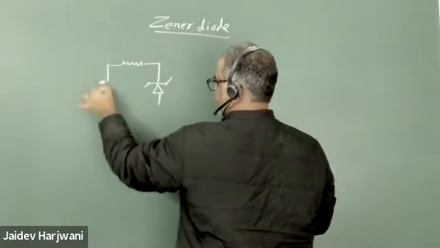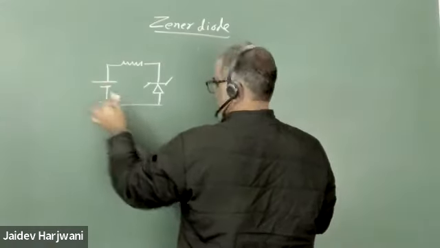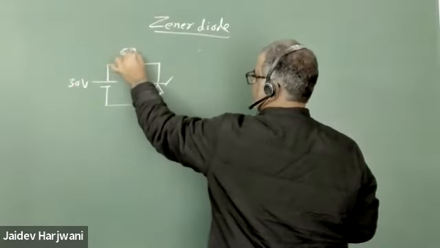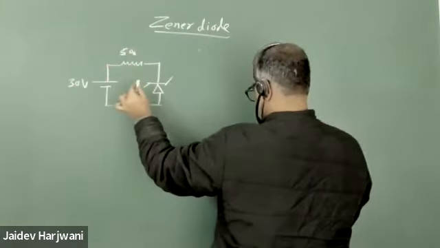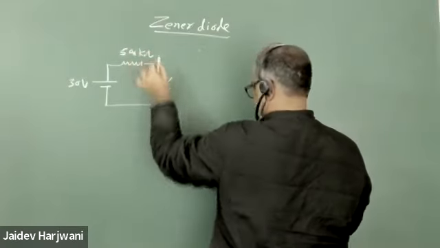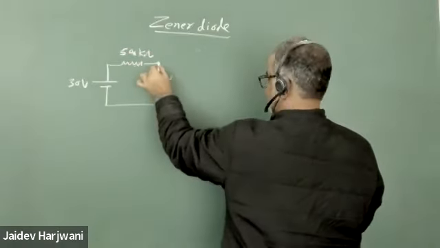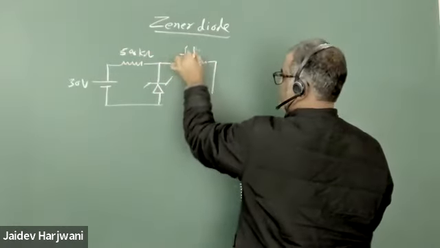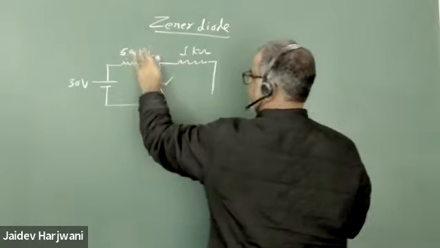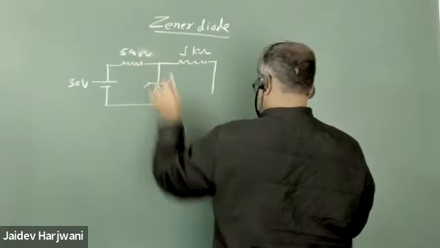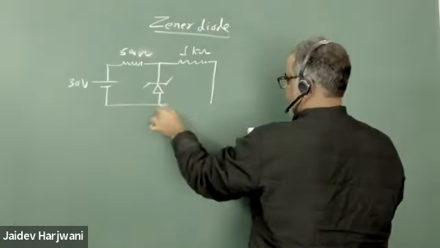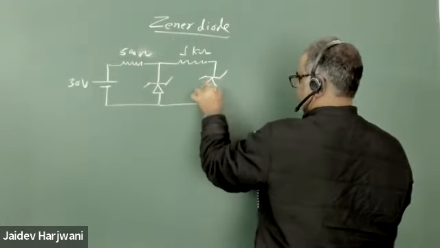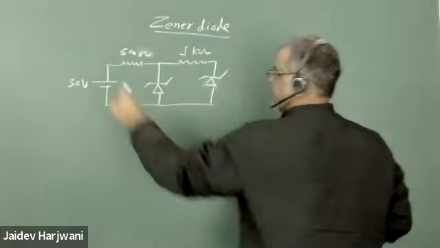We have this 30-volt battery, and you have this 500 kilo ohm, and then you have here one resistance of 1 kilo ohm. This should be 500 ohm, and here you have one more Zener diode. This problem came in GATE,